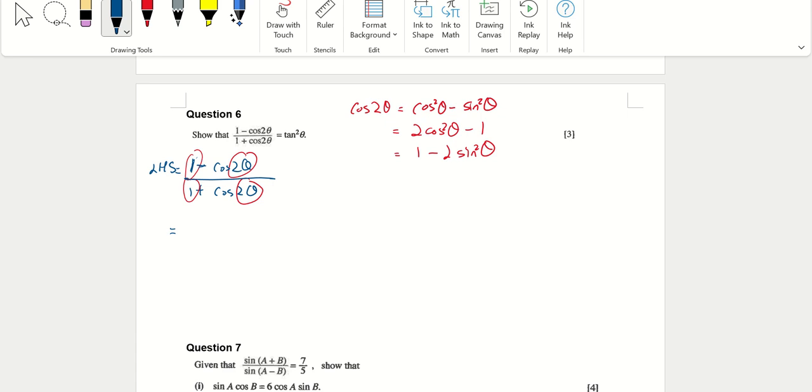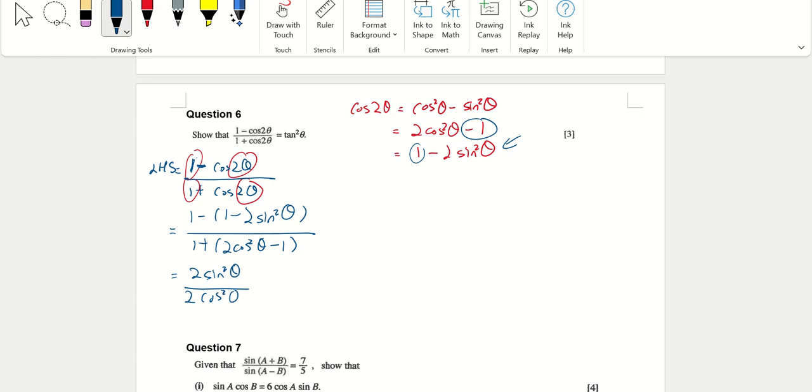It's minus, right? Since I have 1, if I use this, you can see that my 1 will be removed. Am I right? And then for this 1 + cos 2θ, I have a minus 1 here. So if I use the second identity, my 1 will be gone. Can you see that now it becomes much simplified? And then the 2 can be simplified away. So I'm left with sin²θ